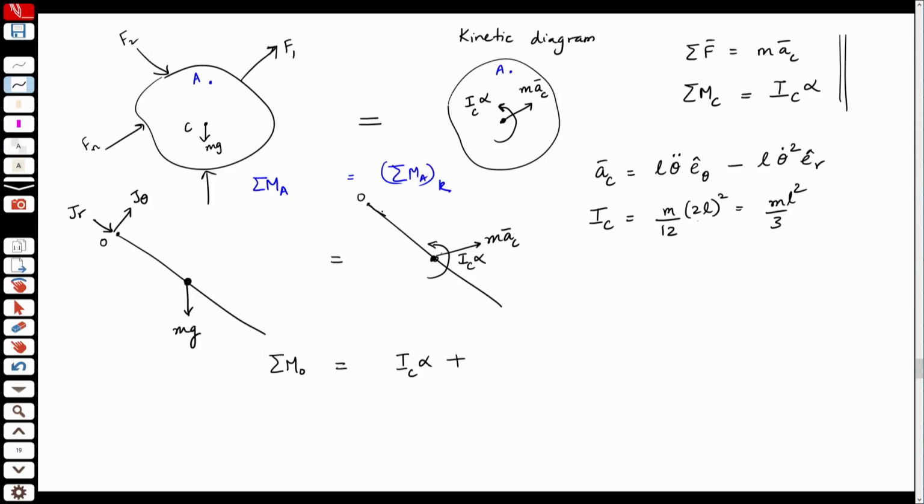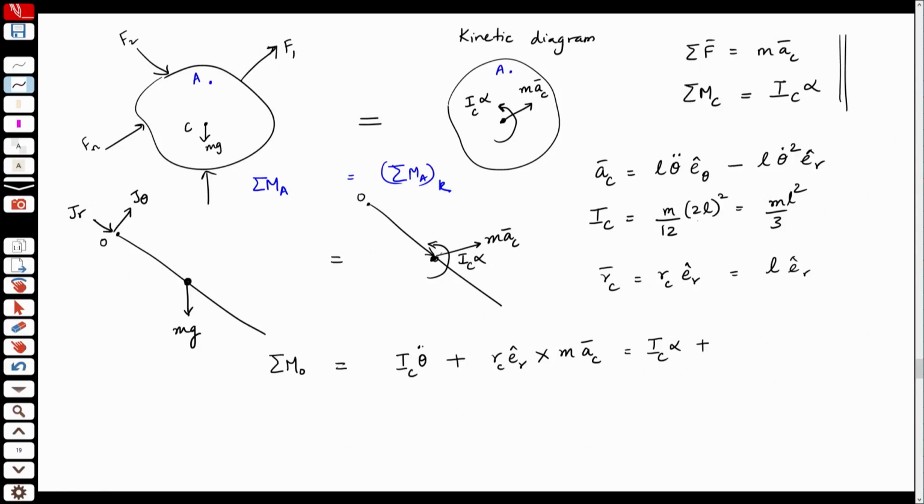this. So, if I denote the location of the center of mass as r_C, r_C is say r_C along e_r. Okay. So, I have the moment of this equal to r_C e_r cross m a_C. Here r_C is nothing but L, right, I took the length as 2L. So, it is just L e_r, the location of the center of mass. So, now I can say this is equal to I_C alpha plus